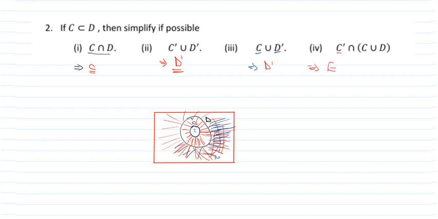This will give us the universal set, because my pen is not writing properly. What should I do? Okay, so what I'm going to do is I'll say